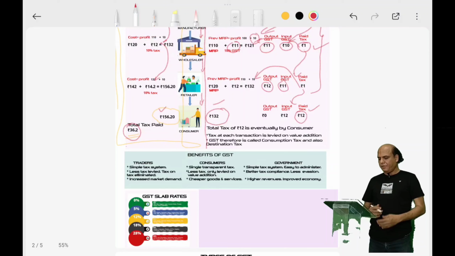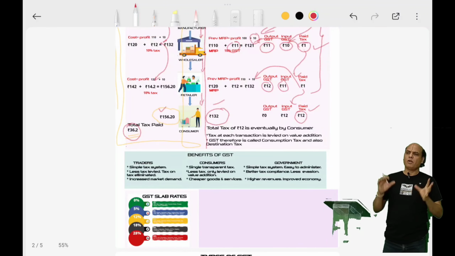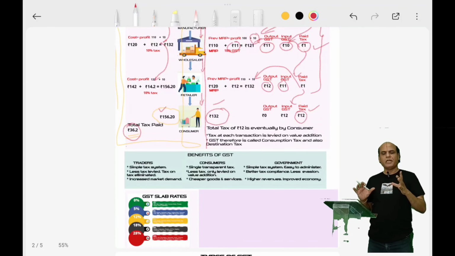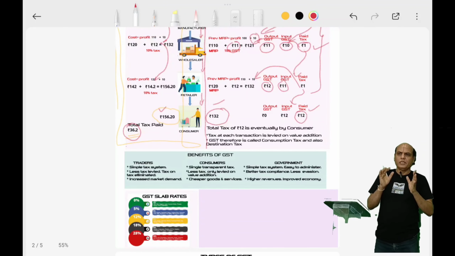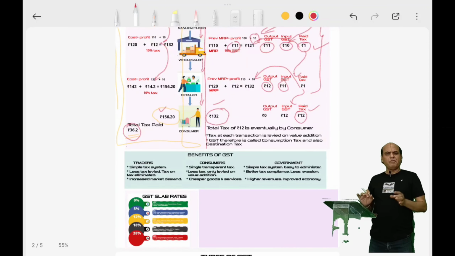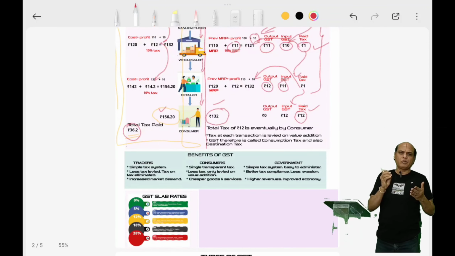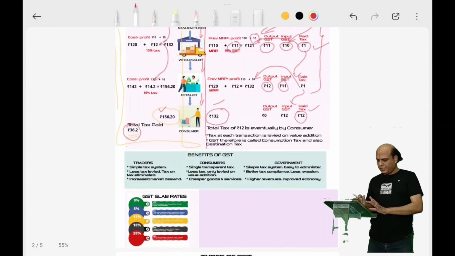So here are the benefits of the GST. See, you don't have to mug up what the benefits are for a customer, for the government, and for the trader. These things you can mention in your own words if you have logic in your mind. If you have a slight knowledge of economy, you can put the same point in a different perspective and in your own words, and it becomes a point there. Logically it trickles to these benefits of GST. Let us see what they are.